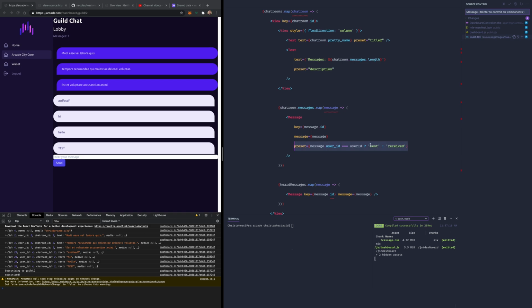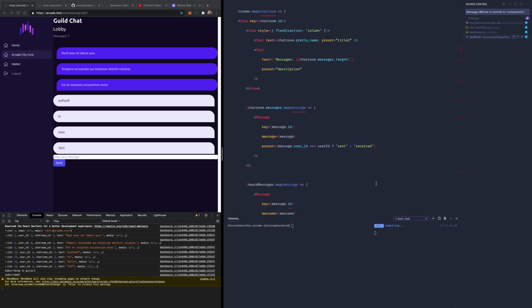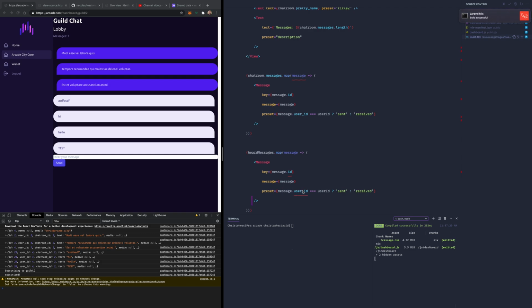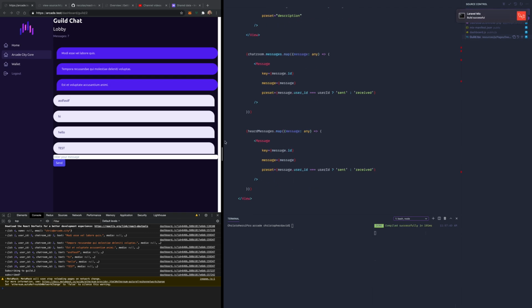Perfect. And let me just put it down here. Now, it doesn't like. For now, we're going to do this. That'll all be replaced with our state setup. All right, so we've got the preset changing depending on whether we sent it. These are seeded from some other user. It's just checking to see if it came from us or not. And that should be